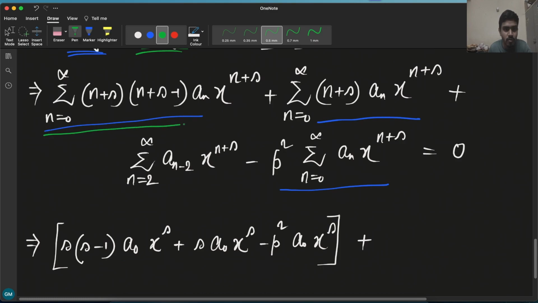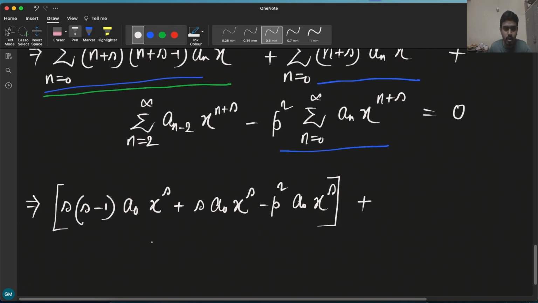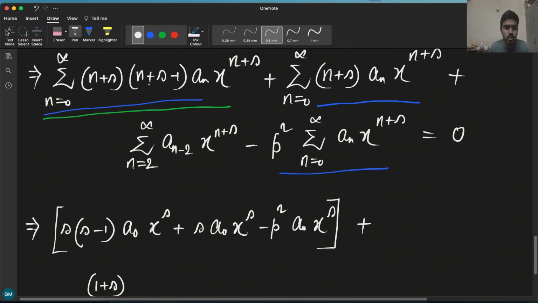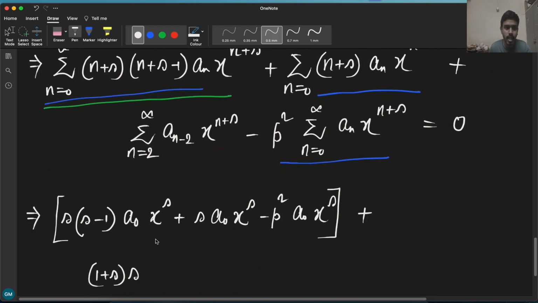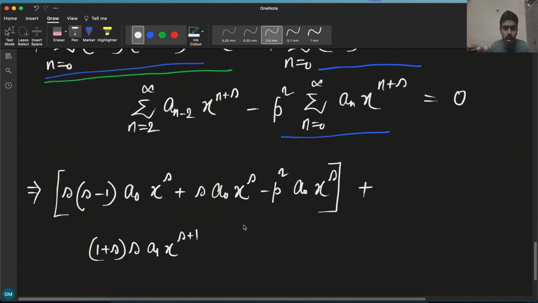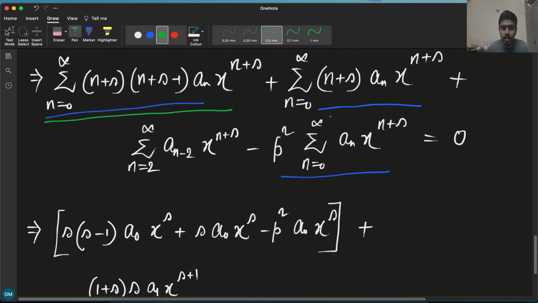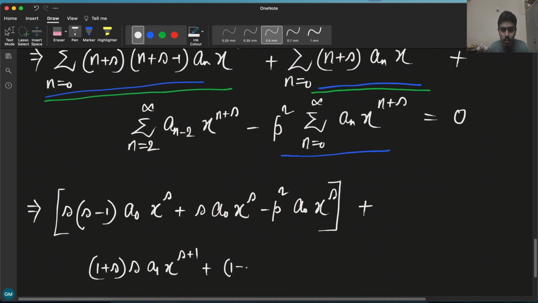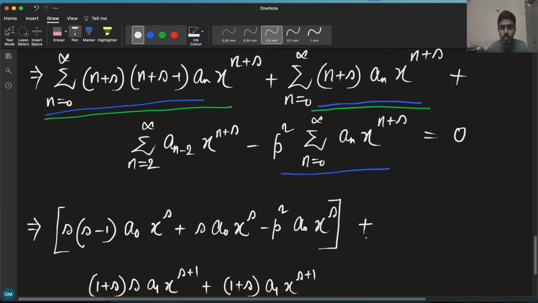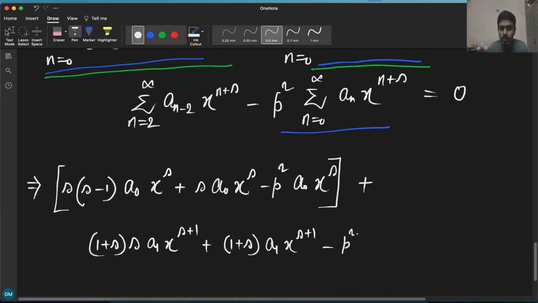So if I write n equals 1th term from this summation, then it will be 1 plus s times, so it is 1 plus s minus 1, which is just s, times s times a1 times x to the power s plus 1, and then from this term n equals 1th term, if I write, then it will be plus 1 plus s a1 x to the power s plus 1 minus p square a1 x to the power s plus 1